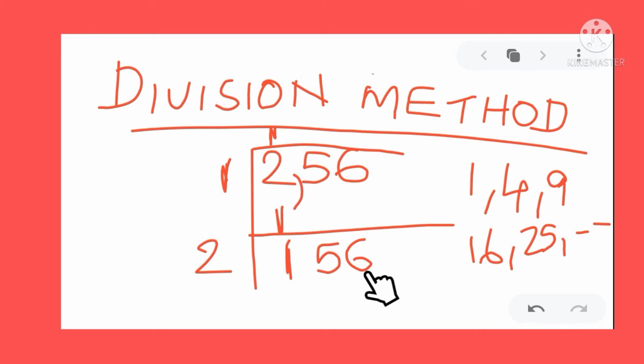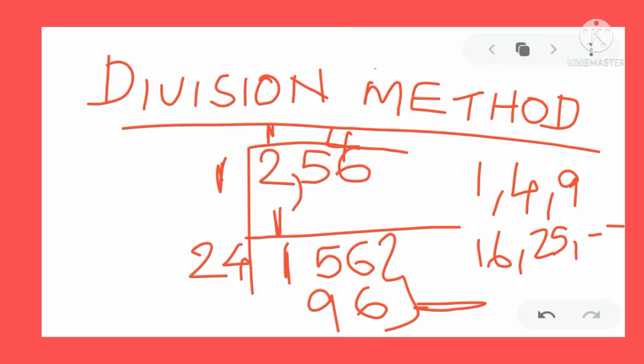Then we want to check the number 6 and the numbers ending with 6. That means the square numbers ending with 6 are 4 and 6. So first we write 4 for checking. Here 4, 4. That number we write here. 4 4s are 16. 4 2s are 8 plus 1, 9. But the difference between these two numbers is very large.